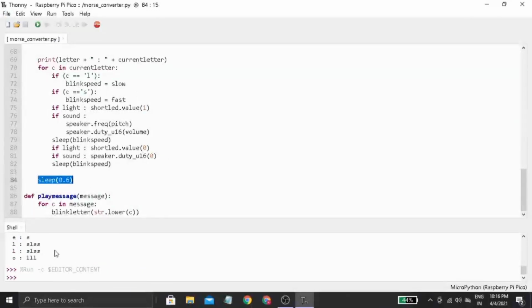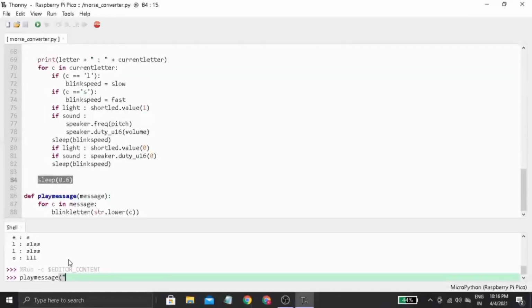So now notice in this REPL block, here I will call the function play message, and I am passing the string hello Pico. Okay, so I'm passing the string hello Pico.